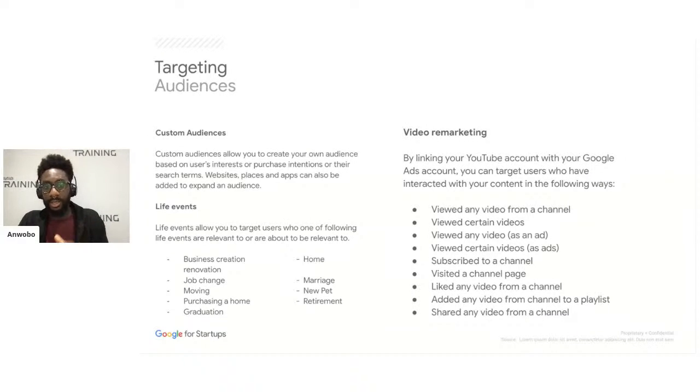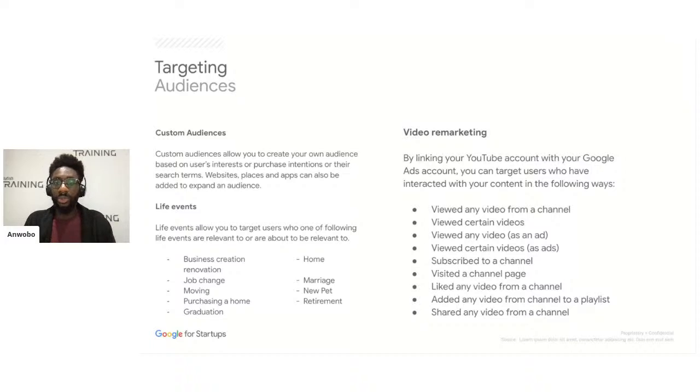If any of these life events have just happened or are about to happen to a person, Google usually will know about it because, again, of your search activity and your web activity. It gives them a good idea. So with that information, as an advertiser, we can target these users and give them our messaging if one of these life events matches what we are providing.